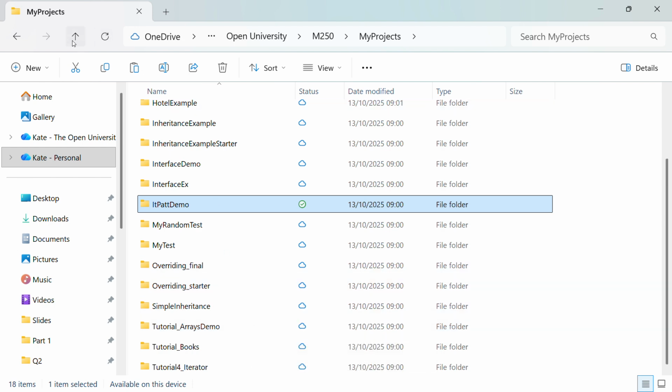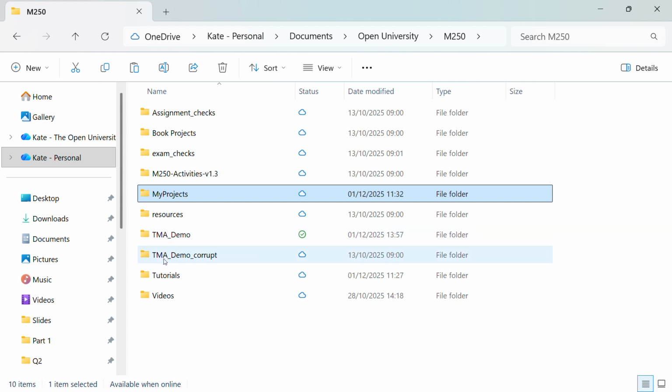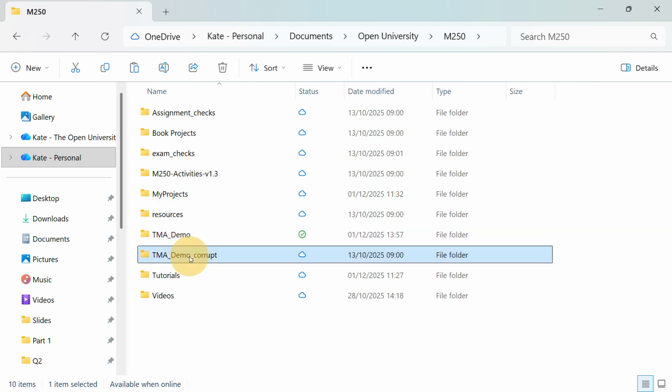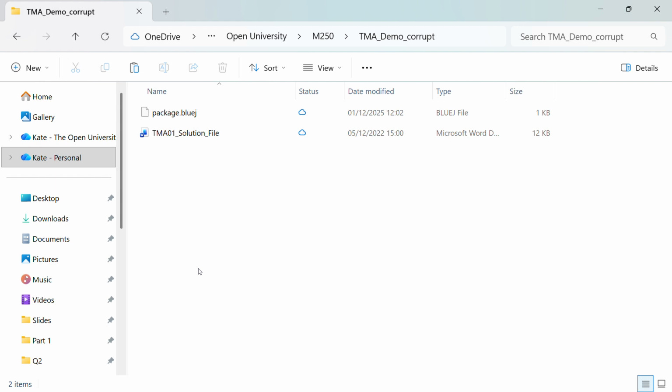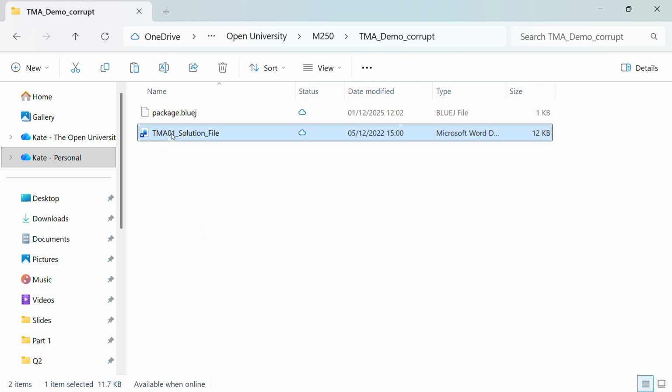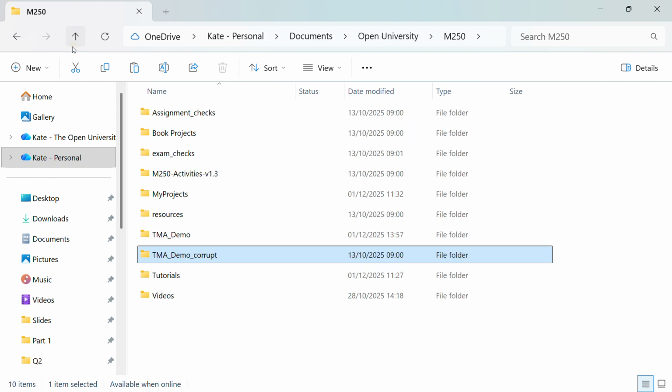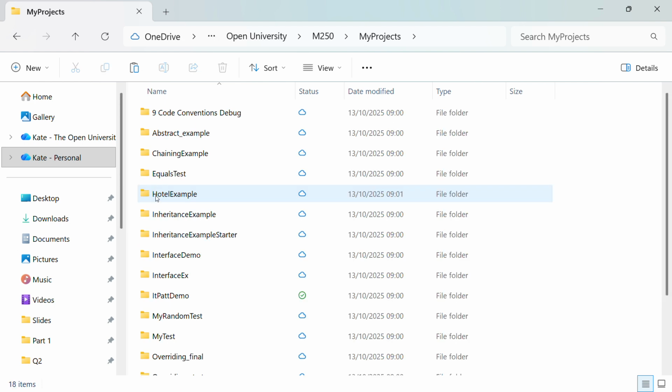So if I go back up to my folder, I've got two here, and this is what I mean when I say TMA demo corrupt. This is an example of something that I quite often get: I'll get a solution file in Word, no PDFs, and then I'll get a package, or I'll just get a class file and none of the other supporting files, and I need the whole folder. So the easiest way to do this, now if like me, you like working on your projects in your own area